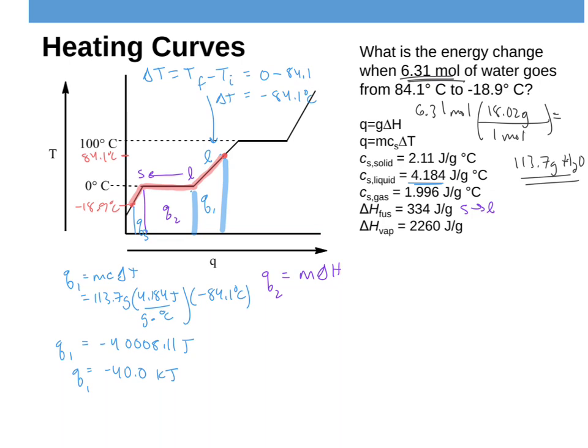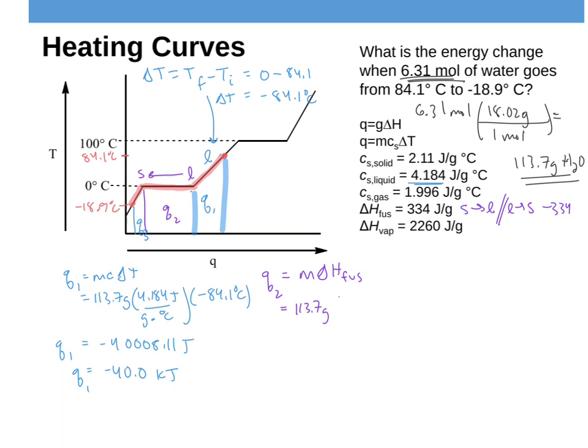And if you remember, if you want to change it from solid to liquid to solid, all you do is put a negative sign in front of it. So now if I want to go from liquid to solid, I do the opposite of the heat of fusion. So this is like the heat of fusion, but it's going to be the opposite. I just put a negative sign in front of there. So now my Q2 becomes